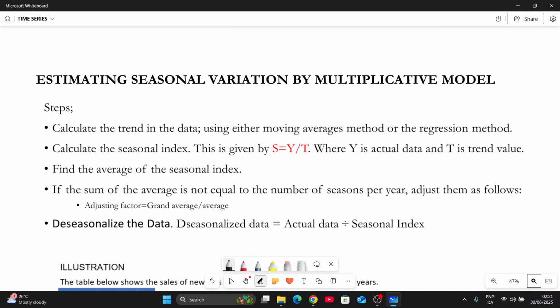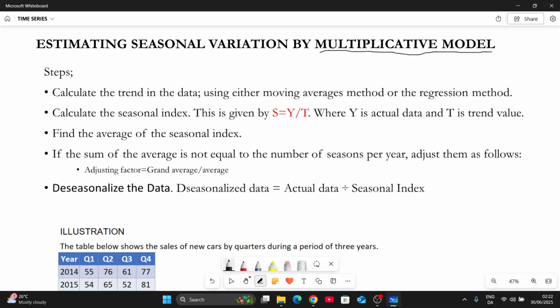Welcome to another video on estimating seasonal variation. In our previous video, we looked at estimating seasonal variation using the additive model. And in this video, we are going to use the multiplicative model to estimate seasonal variation and also to do our forecasting. So let's look at the steps you would have to follow if you want to use the multiplicative